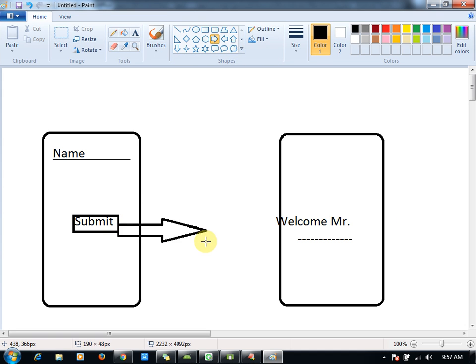Design the following application. Following Android